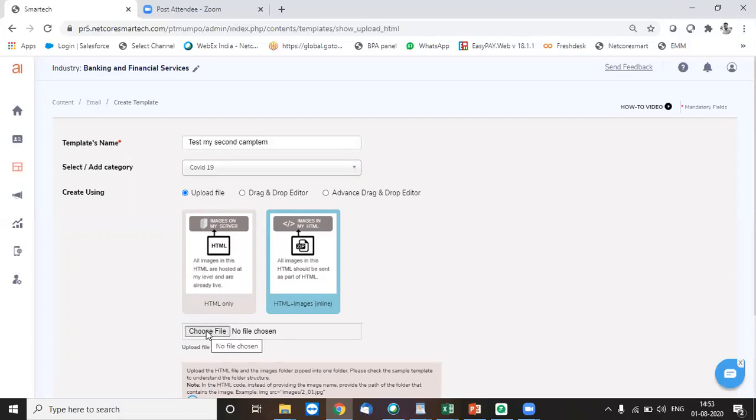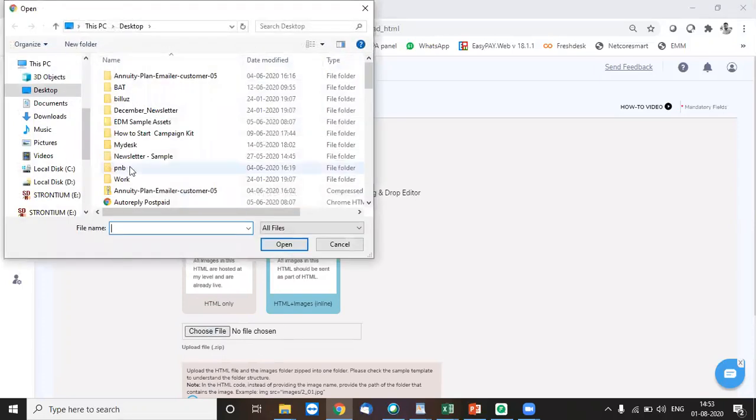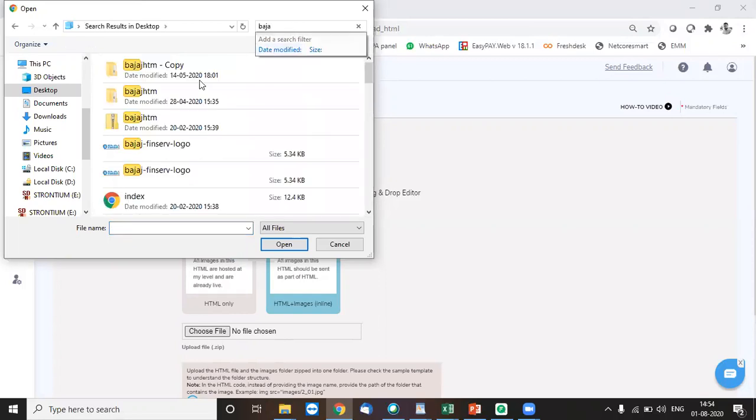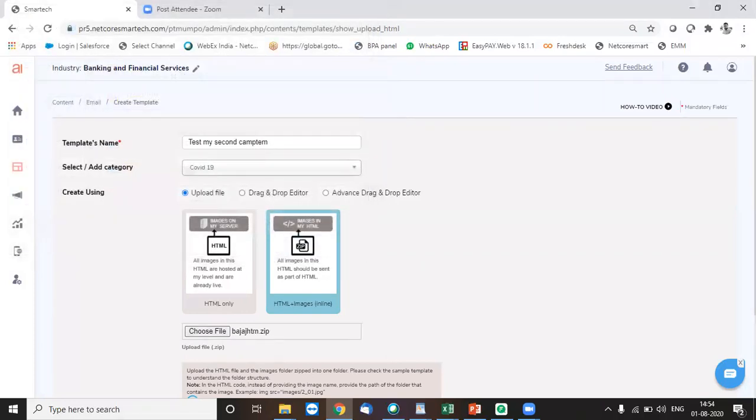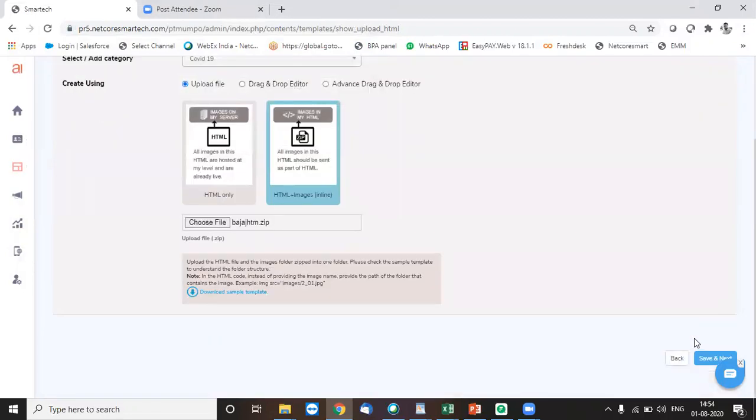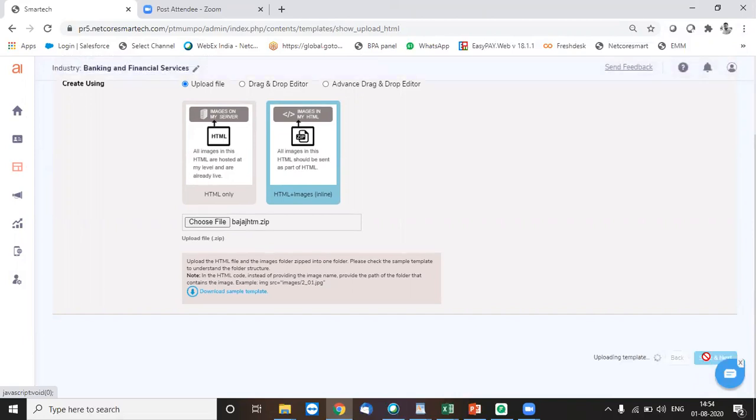So here I select the file. Okay, let's see. Just doing a sample template over here, used for one of our clients. Yep, so here I can have, see the next option now.